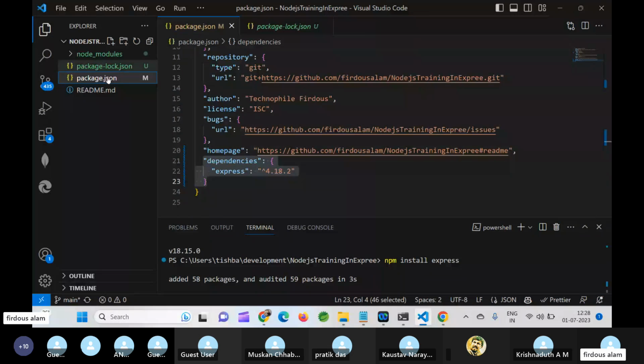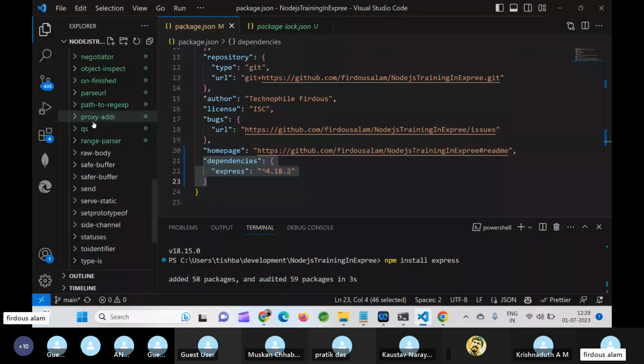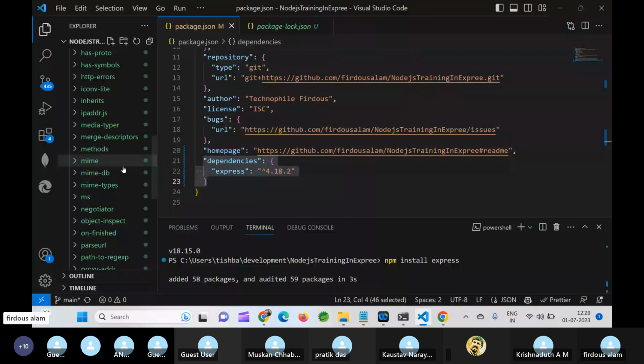You don't need to worry about it, but just for your knowledge. Inside node_modules, all the dependencies that come with Express are downloaded.